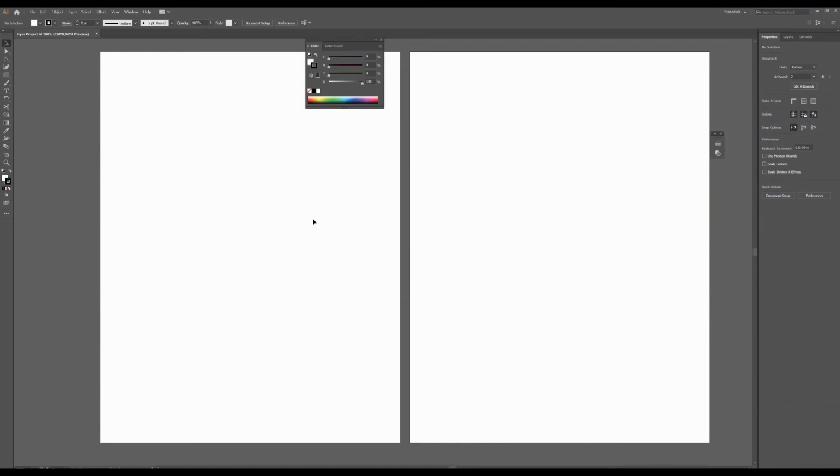So now that we have our document set up, we're going to need to bring in an image offline. Now, you guys are going to be creating your own flyer for some kind of club on campus or a sports team. Maybe there's a game coming up. It could even be for theater, drama, choir, anything that is kind of going on campus. So this is going to be a flyer for our campus,